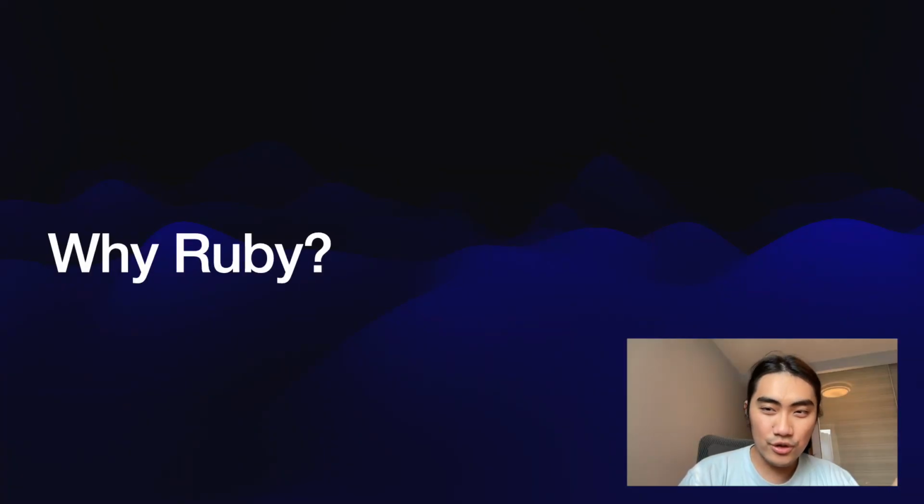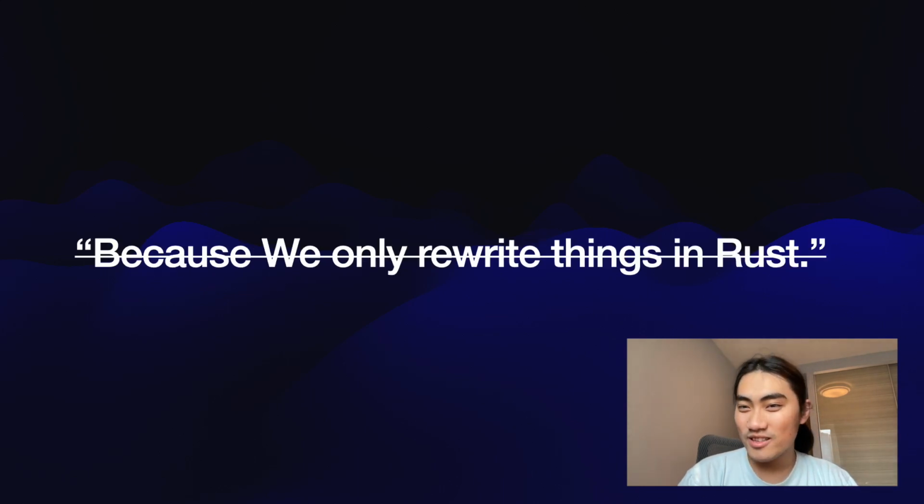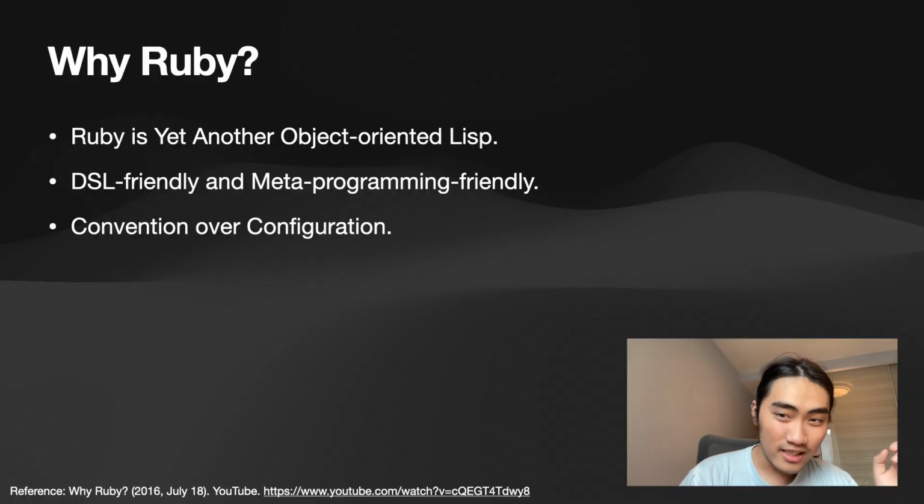So why do we choose Ruby to integrate these codes? For example, why don't we write it in Rust? Because we only write things in Rust. We never write things in Rust, right? Just kidding. So we actually have three major reasons, and these three reasons are very similar to the